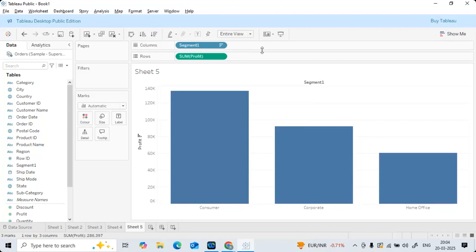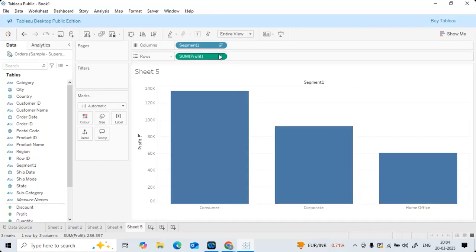Now, if you want to understand what is the total profit from the consumer segment, you put your cursor like this and you are able to understand. What is the total profit we are getting for consumer? 1,34,000. Corporate, 91. Home office, 60,000. But every time you will not put your cursor in this way, right? You just want to see some numbers directly, visibly. If you're providing the same visualization report or dashboard to your client, they need to understand directly, visibly. Then labels are there. You have an option called labels.